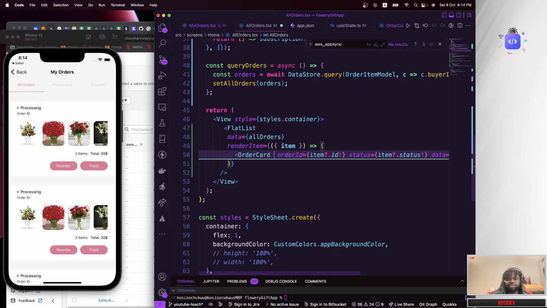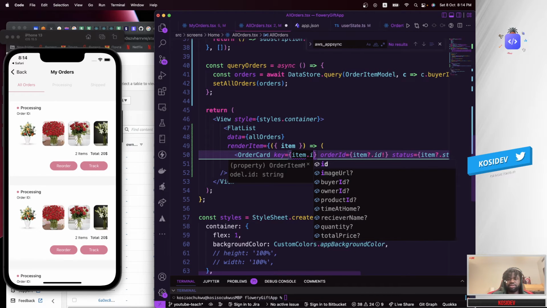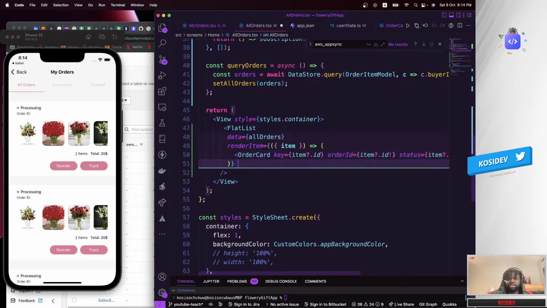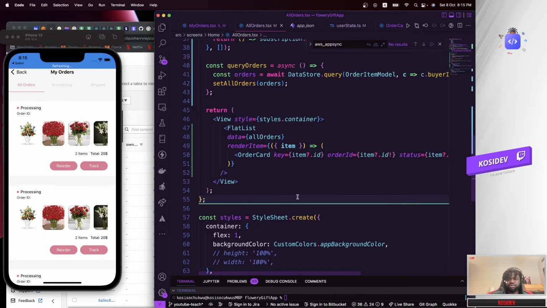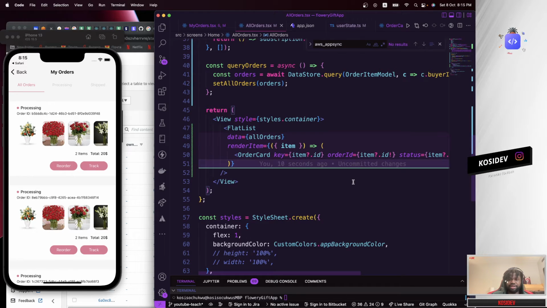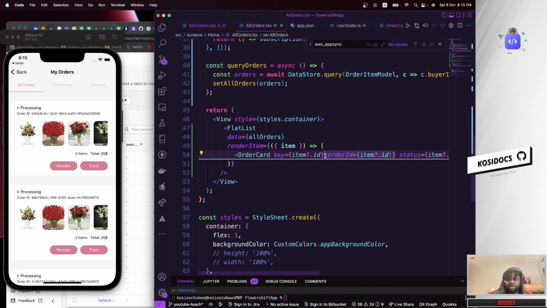Also, we have to pass a key in here, and I'm going to say the key should be item.id. That should be the key. There you go. And if you save this, you can see the other ID is now showing up perfectly good. So that's our other ID. And if I go ahead and copy this,